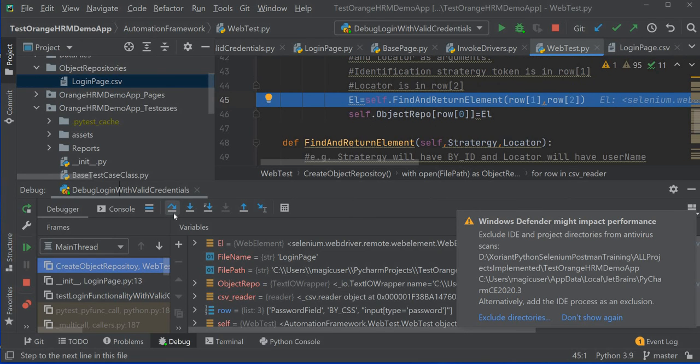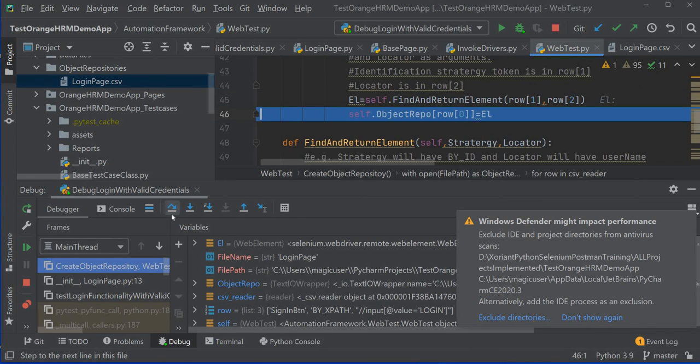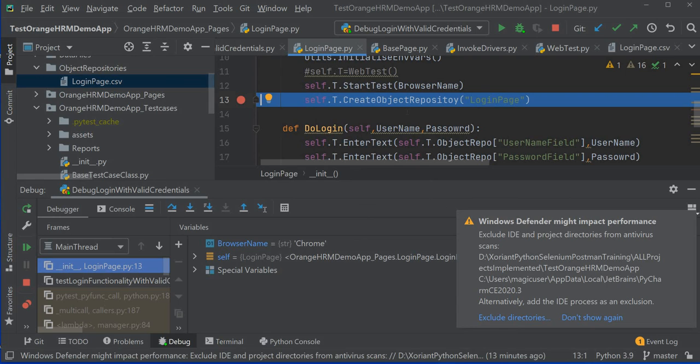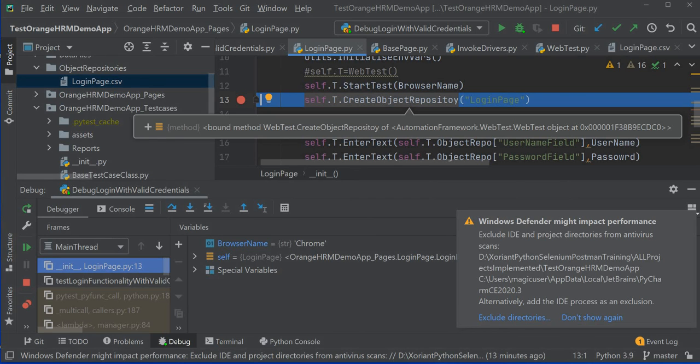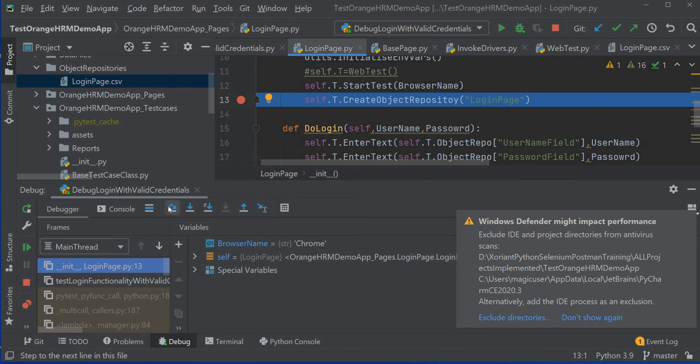It is doing the same thing. It is splitting that line into the token and the locator. It is sending it to this, getting the element found and storing it in a dictionary. So that is what is happening. So object repo will give you the dictionary, the object repo dictionary having web elements stored. And then,